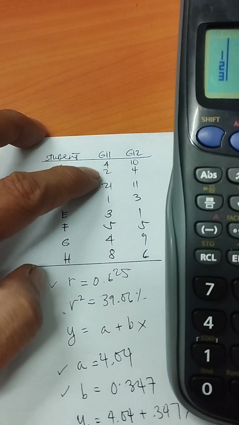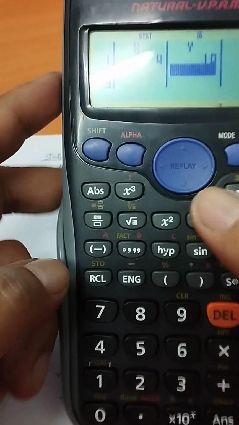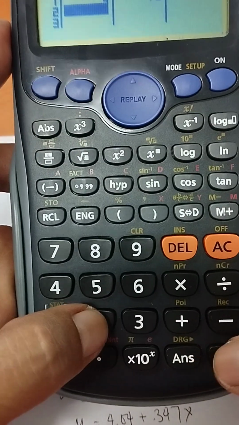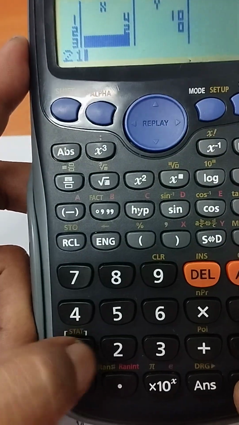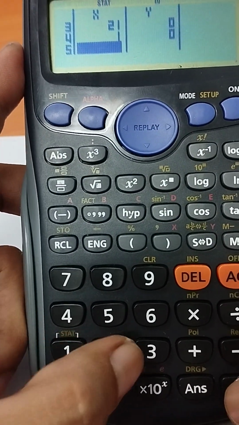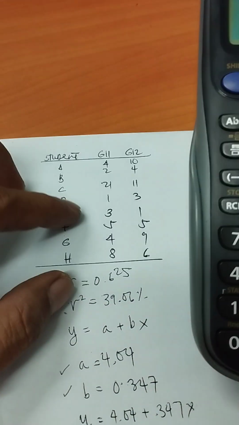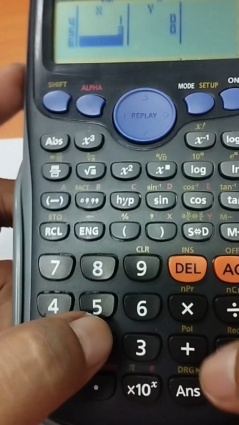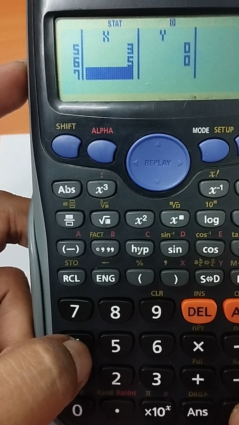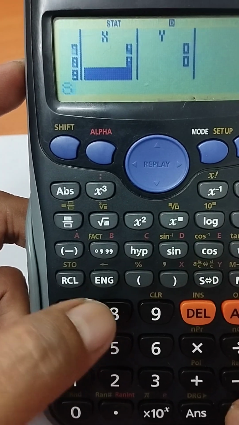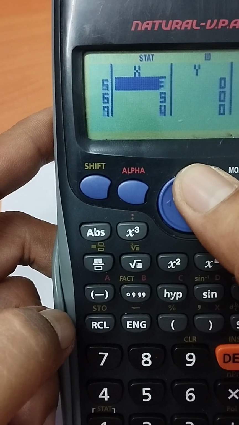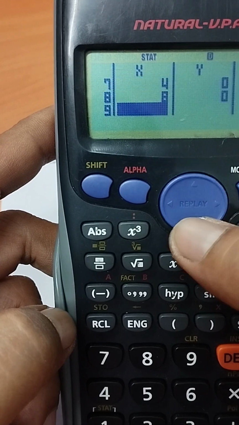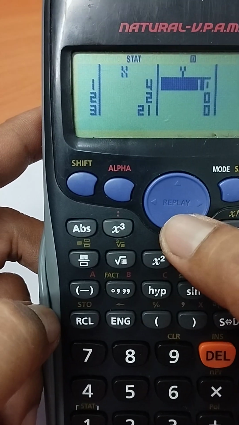So we can go 2, 21, 1, 3, 5, 4, 8, and we can go back to the top and navigate our way to the